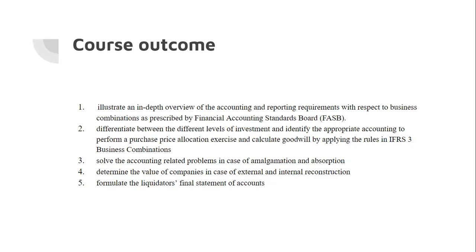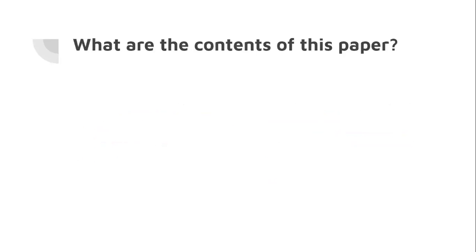These five course outcomes have been formulated in such a way that each outcome is aligned with one of your units. Okay, so this subject has 5 different units, and for each unit, there's a course outcome. So at the end of each unit, this is what you can expect to know and study and understand.